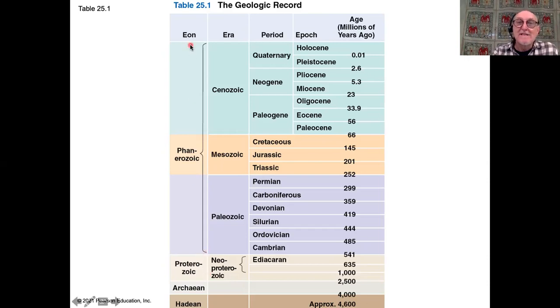Subsequent to that, we have this eon here called the Phanerozoic. And the Phanerozoic is this entire span of time right up to the present, when these primitive groups here exploded out. Macroevolutionary processes here went absolutely crazy and led to the development of most of the groups that we see today. Now, those eons are divided again into eras.